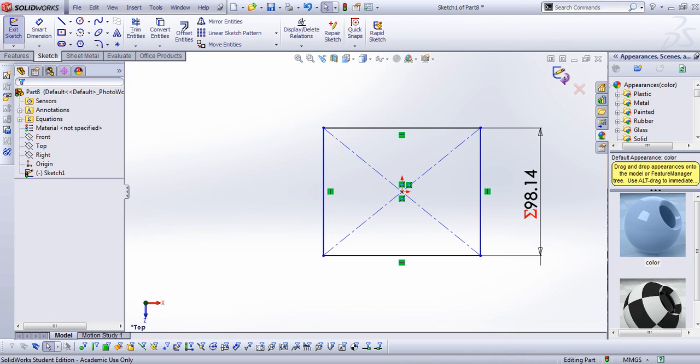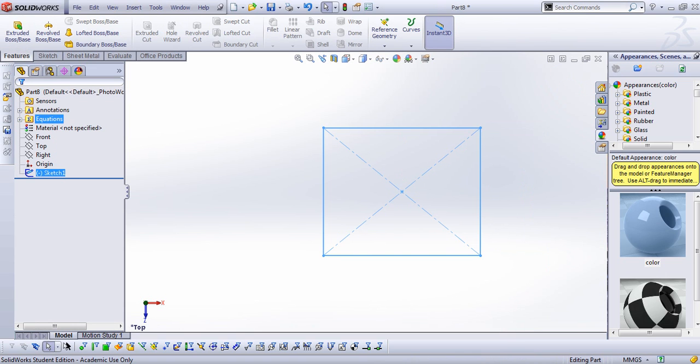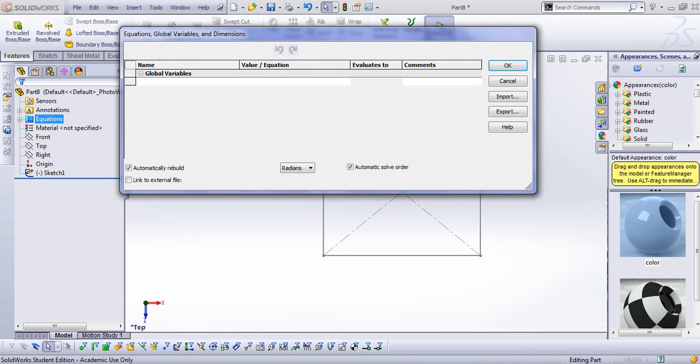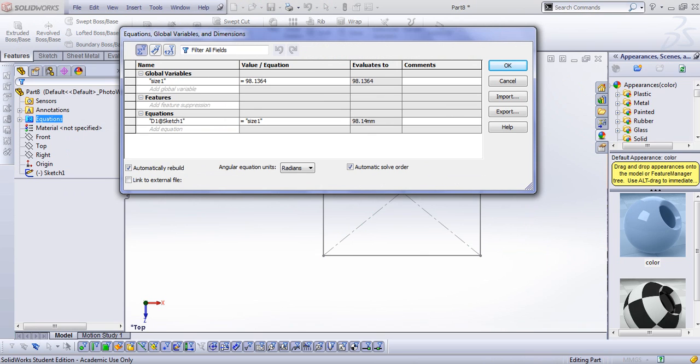Let me just go here now. I will get this equation and I right click on it and I go to manage equations. So obviously I have size 1 here. I can change this one to 100. I'm gonna add a few more global variables here. I make size 2 and make this one at 100 as well,